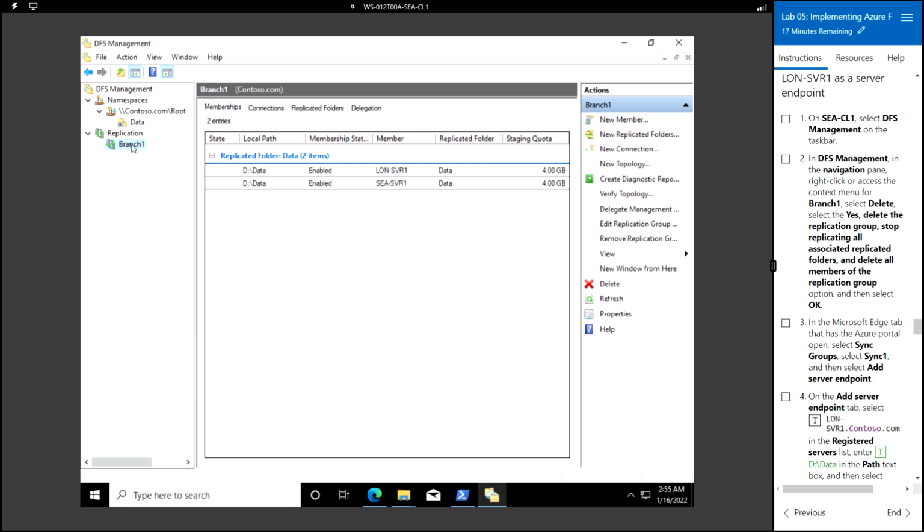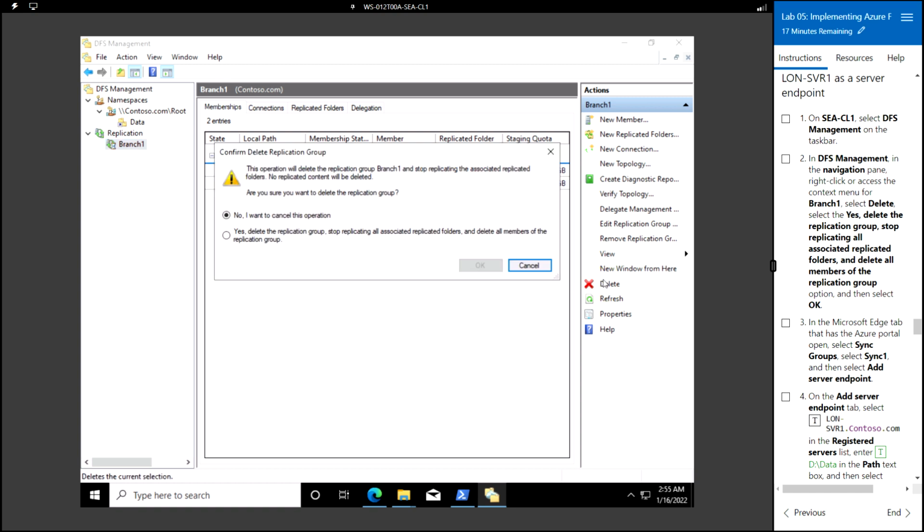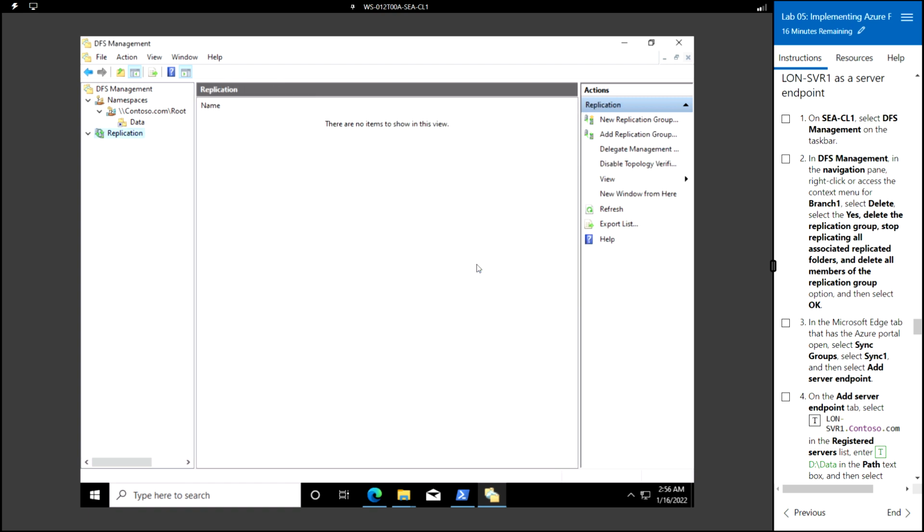Okay, so click on the branch 1 and select delete. Select yes, delete the replication group and stop replicating all associated replicated folders and delete all members of the replication group. Click OK. Okay, so this has been deleted